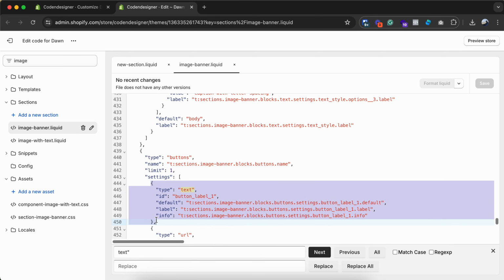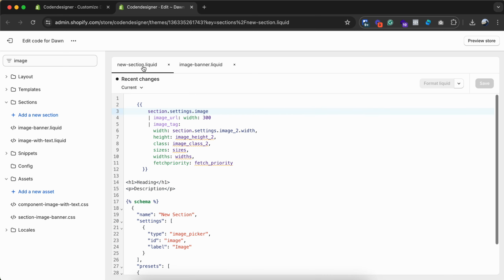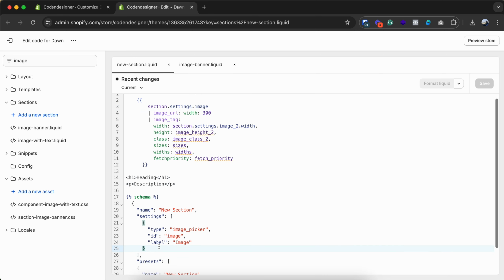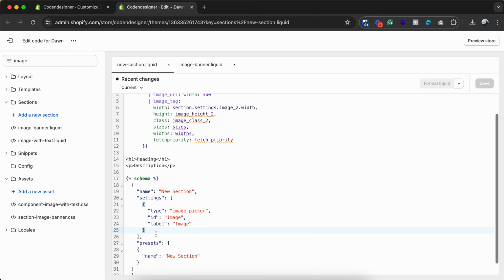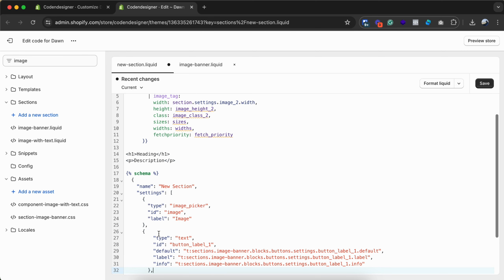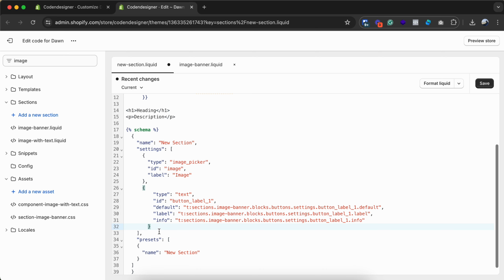Here we can use this one, and if we want to add a new input field, we have to use a comma and then add the new input field. No need for a comma for the last input field. We can rename this with heading and then default heading. We can add label,